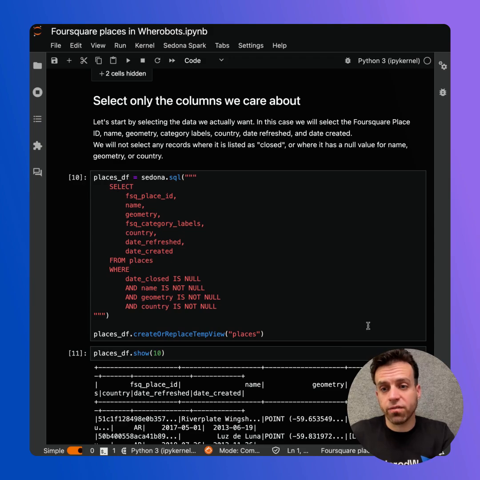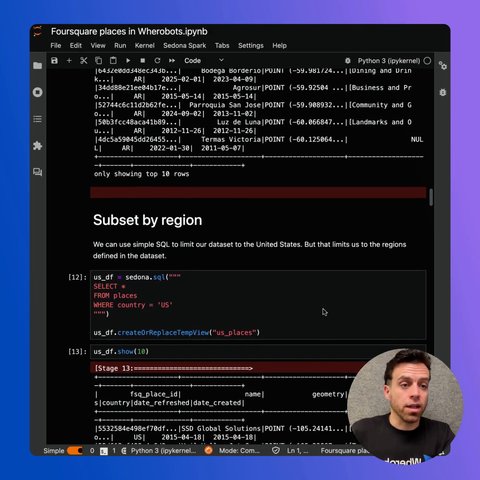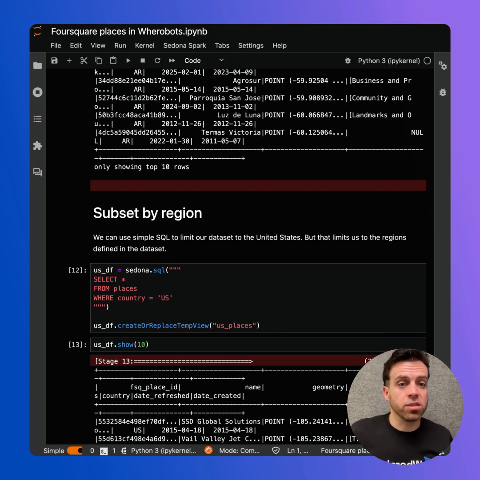Okay, so now that we have the data, and you can see it here in this table, let's say we want to select a specific region like the United States. Well, the United States is a defined area in the dataset, so we can actually just do this using vanilla SQL. But what if we wanted to work with an area that is not already defined in the dataset? That's where Spatial SQL comes in. We can define, right down here,